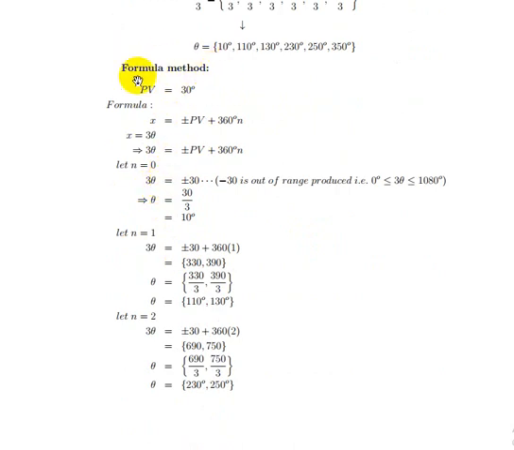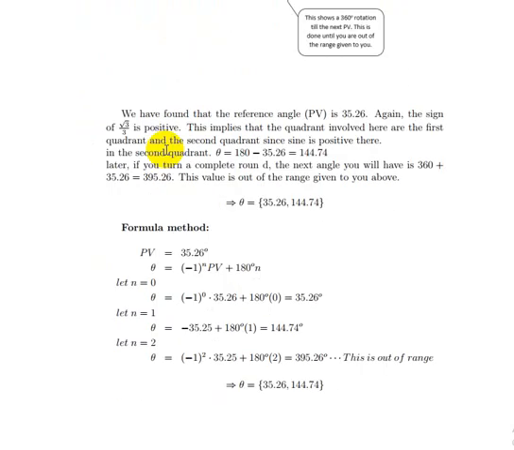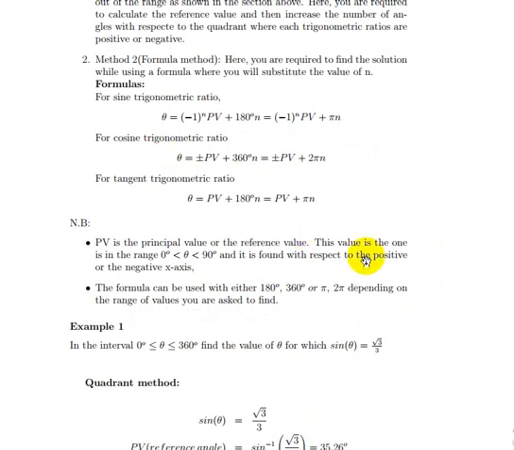Now, in this case, still know that our PV was the cos inverse of root 3 over 2, which is equal to 30 degrees. So the formula involved for cosine is going to be x equals plus or minus PV plus 360 degrees n. In this case, you see that x here is equal to plus or minus PV plus 360 degrees n. But now you must consider that x in this case is no more as in the first question where we had sine theta equals square root of 3 over 3. In this case here,